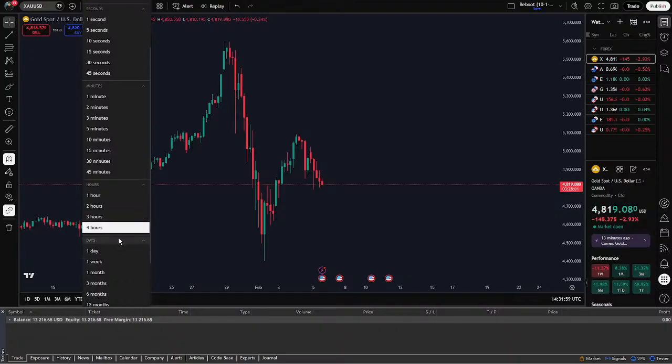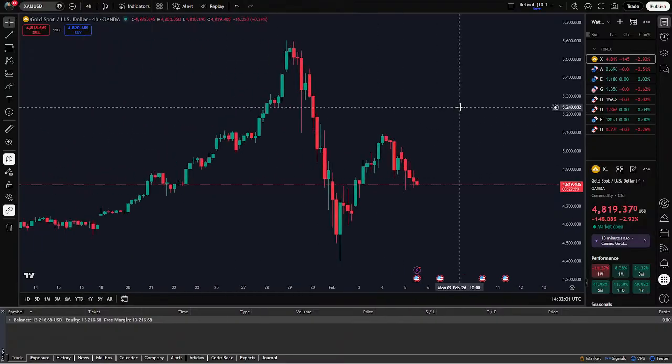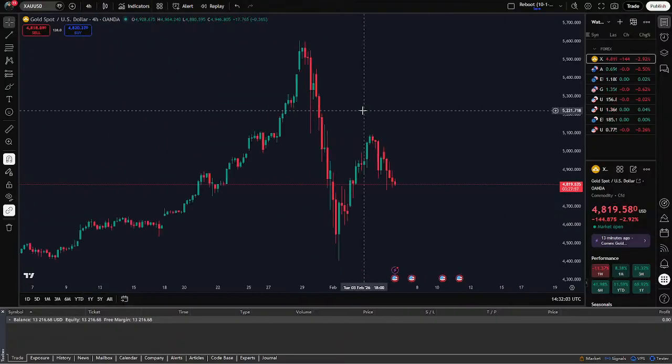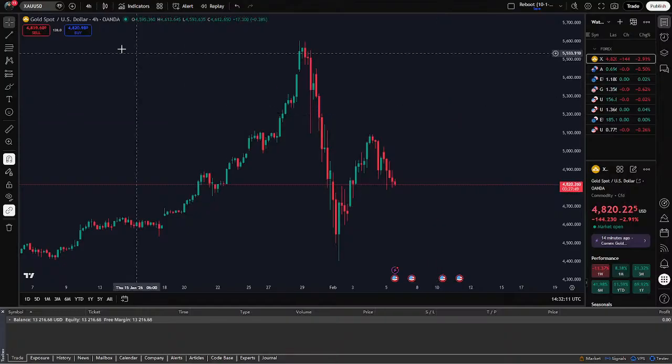So we're going to look at H4 first. The reason why we want to see the bigger time frame before we go down to a smaller time frame is to see a better structure and find order blocks. The reason why order blocks are so important in trading is that,